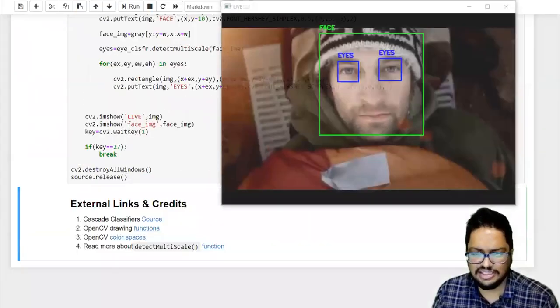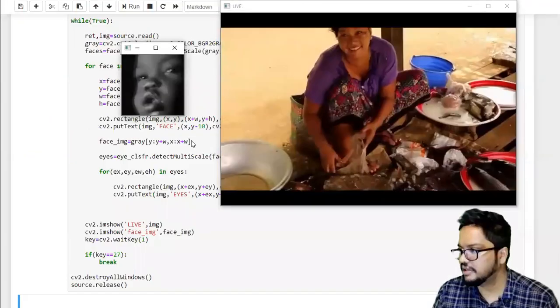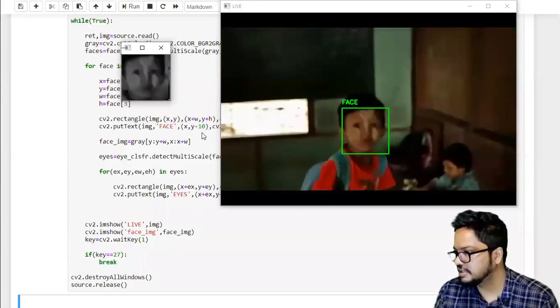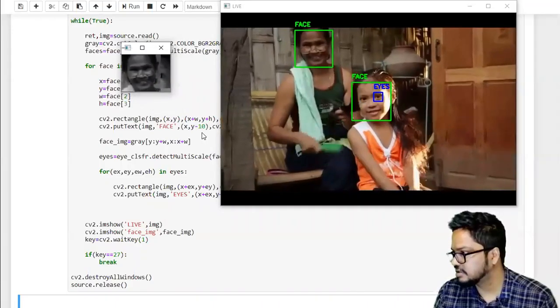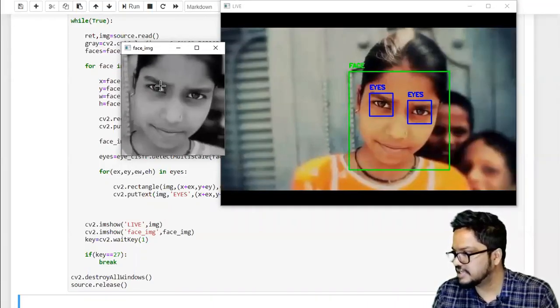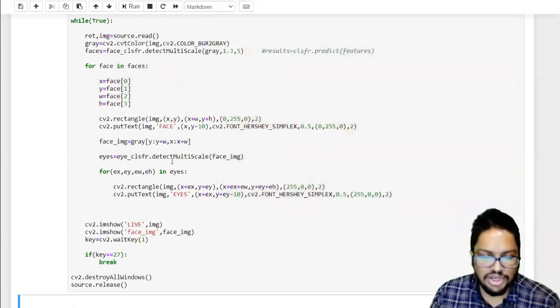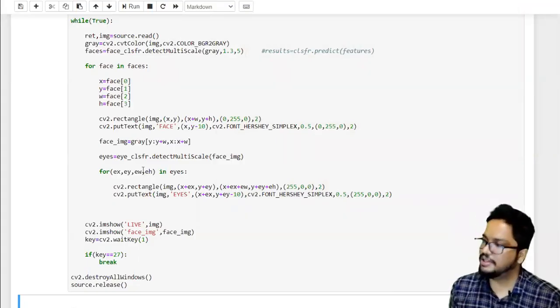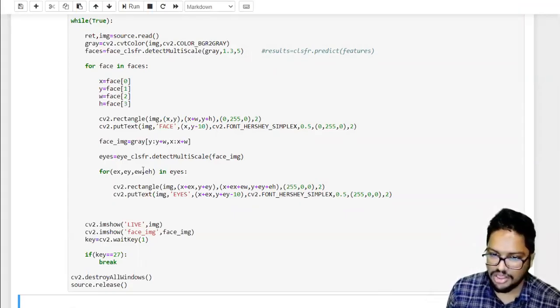Now we did this in the earlier example as well, right? I mean the face recognition. So you can see the face is extracted, only the face is now cropped. Now what happens? You know that eyes will be there definitely inside the face, right? Eyes will be there definitely inside the face. So what we do is,